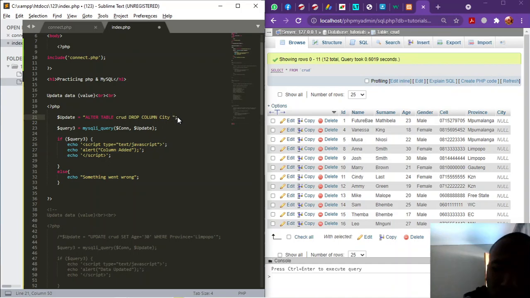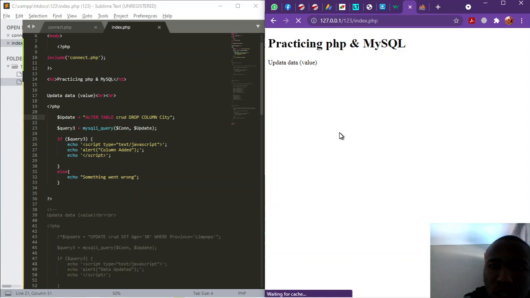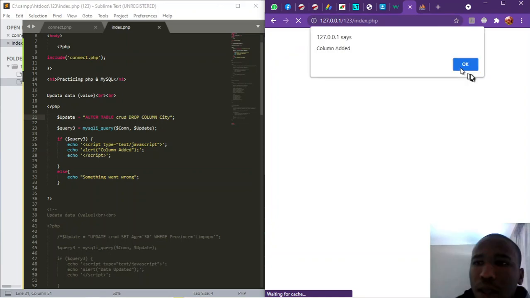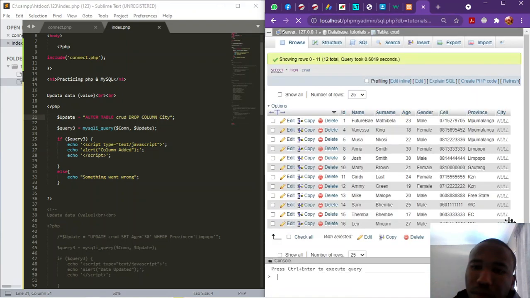Then whenever we save and refresh, the column edit we had here should no longer be there. It's loading slowly. Okay, it has loaded, we no longer have the city column.